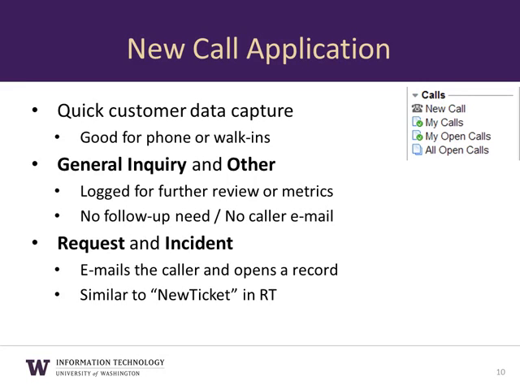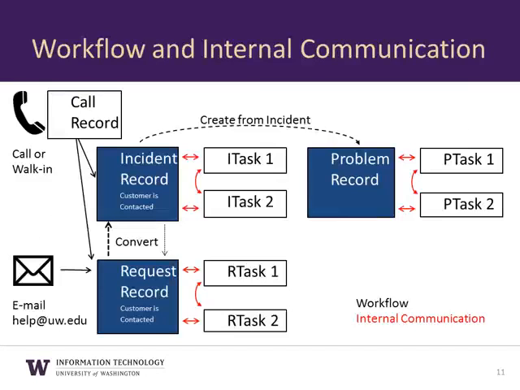In this particular scenario, what we're going to do is actually log something as general inquiry for our own purposes, and then transfer it to a request record or an incident record so you can see what the workflow looks like. And I just want to take a second. I realize that this is a busy slide, but up here, you can see we're going to generate a call record. You can dead end that right there for your own purposes and your own record keeping. You could transfer it to either an incident or a request, and the customer is going to get a notification.